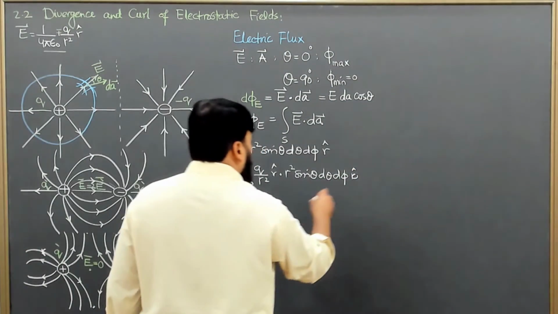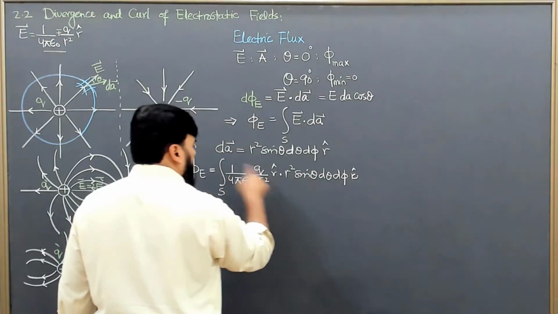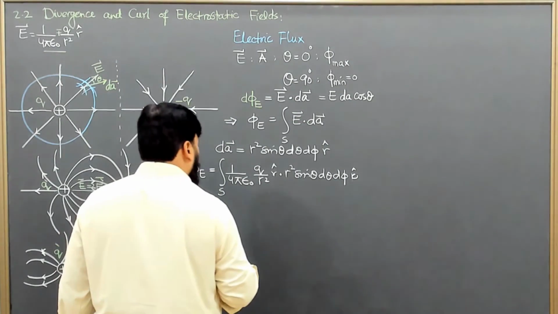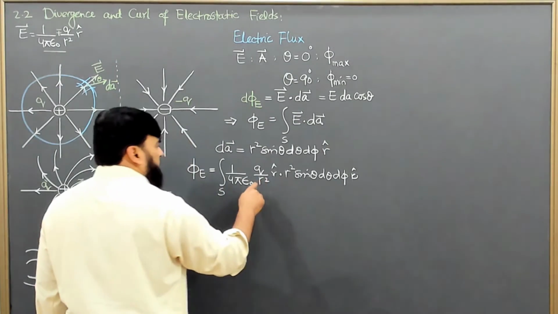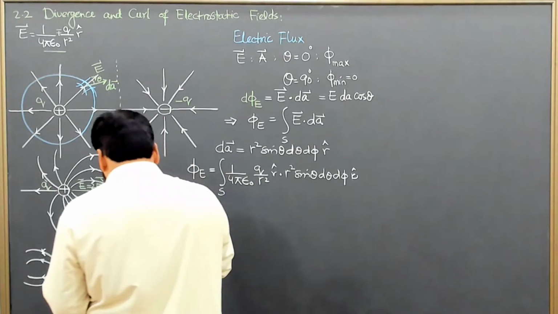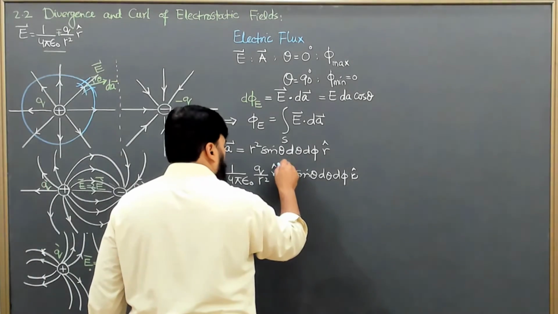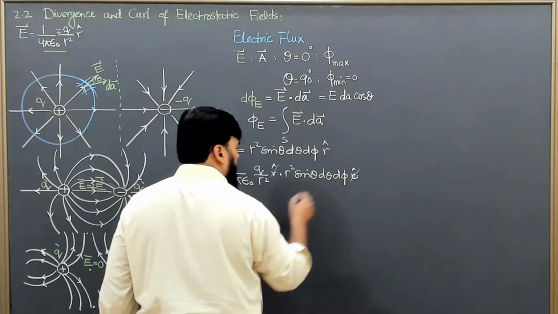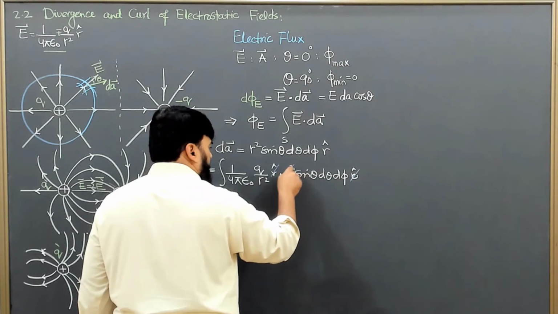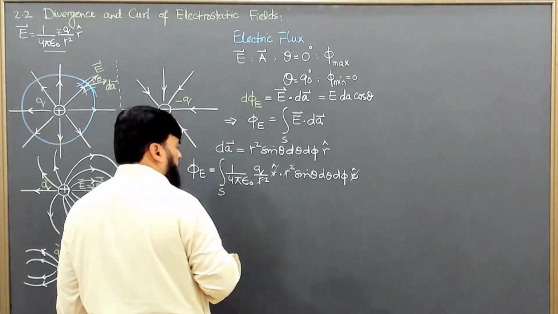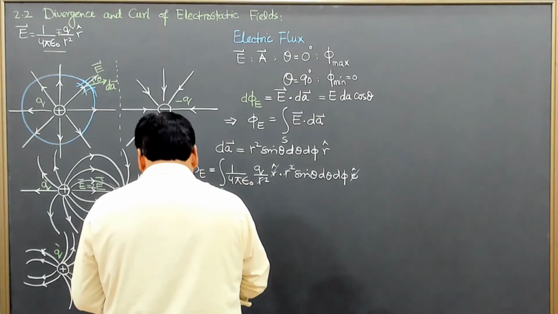So r hat multiplied with r hat gives 1 here, and r squared goes with r squared, and we are left with